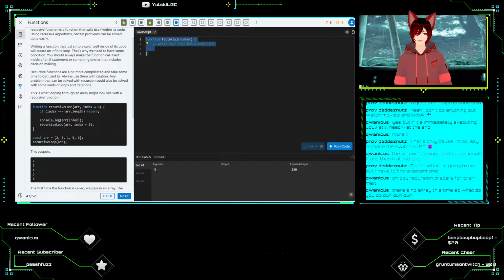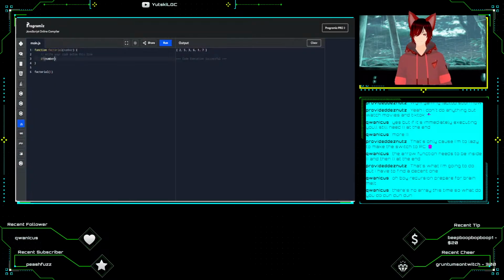There's no array this time, so what do you do? Dun dun dun. Alright. So we have a number, which is going to be 5. So we need to count equals 0. If count is less than number,